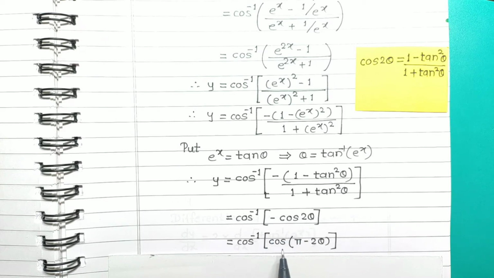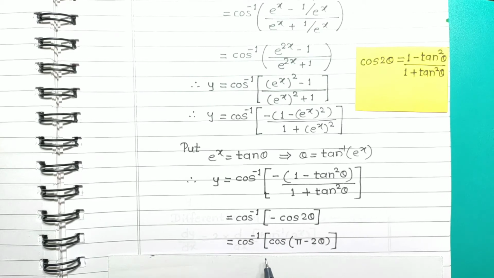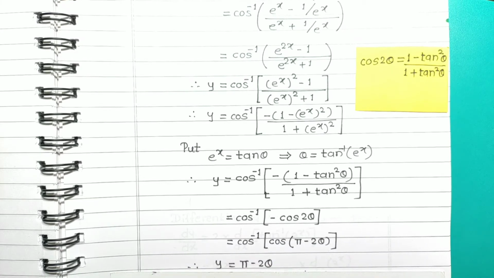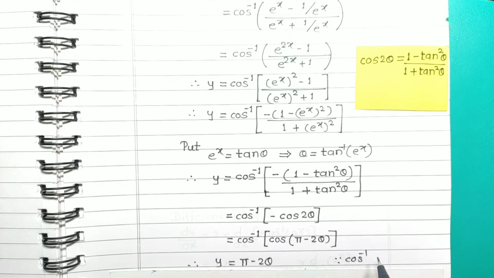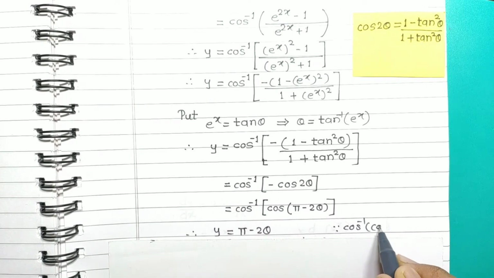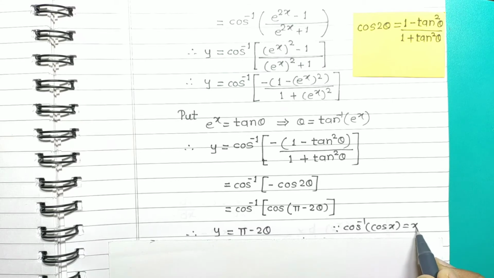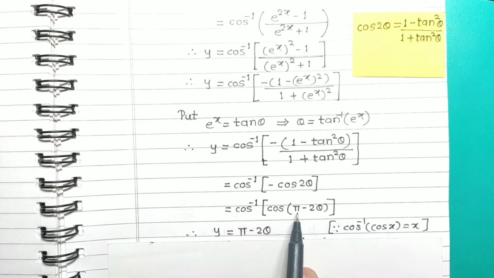Minus cos 2 theta, you write it as cos of pi minus 2 theta, so that we can again use the cos inverse of cos x property. So here I have used cos inverse of cos x is equal to x. Okay. So here cos inverse of cos of pi minus 2 theta, using this property we have